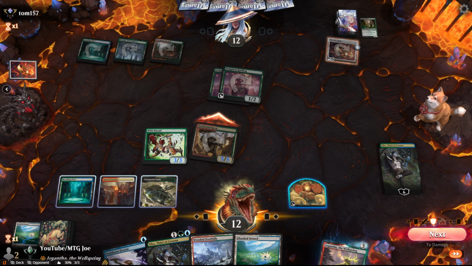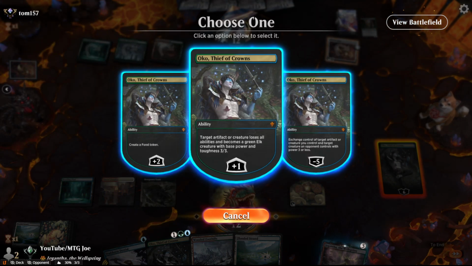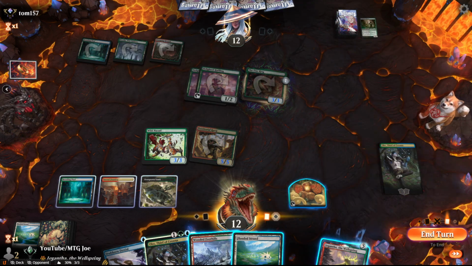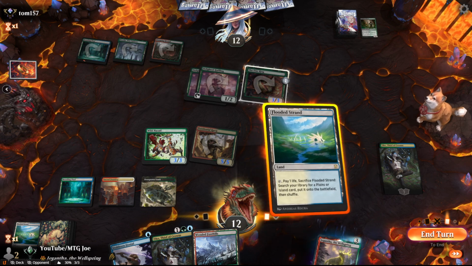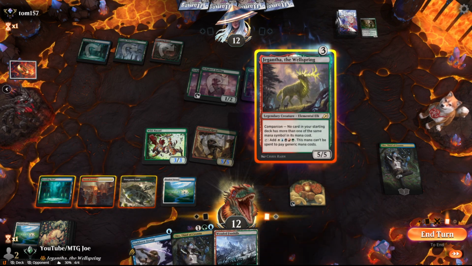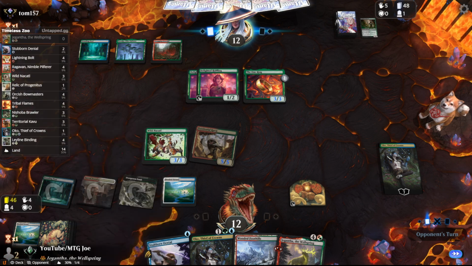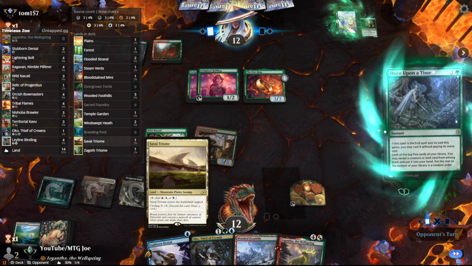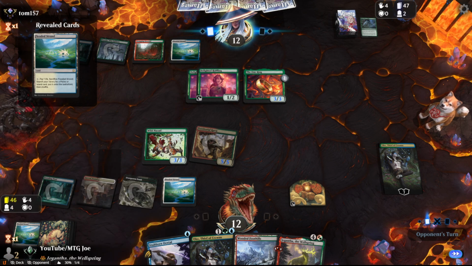Oh my god, all lands. So we'll do this. Let's broaden your existence. Play. Just bring Jegantha to hand. I actually have to shock here, which is kind of annoying. Okay, I have Steam Vents. I was gonna say for a second I didn't have a...